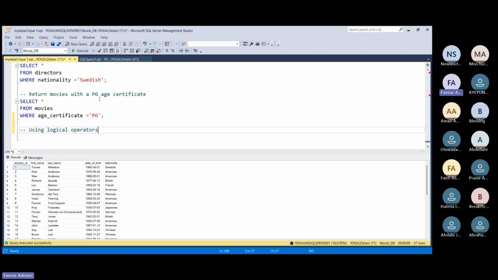Now, for using logical operators with the where clause, firstly, from our Excel class, can somebody remind me what logical operators are from there? Or maybe logical functions, as you learned them. What are logical operators, or should I say functions, that you learned from the Excel class? If you are speaking, please go ahead and speak. What did you learn about logical functions, or should I say logical operators, from the Excel class? All right, we have